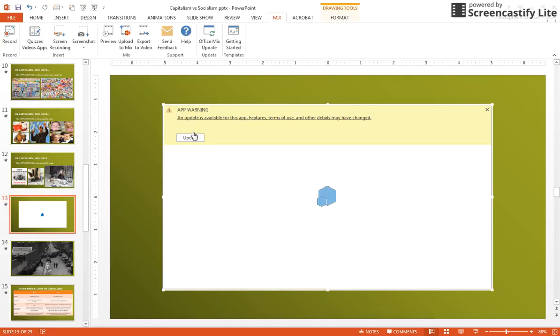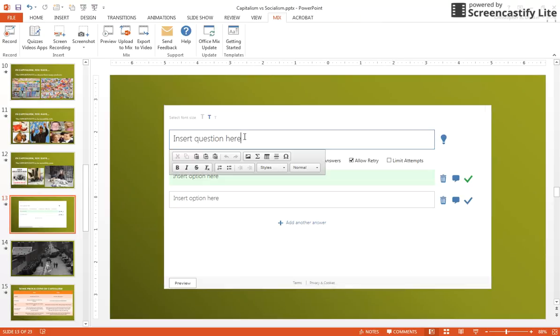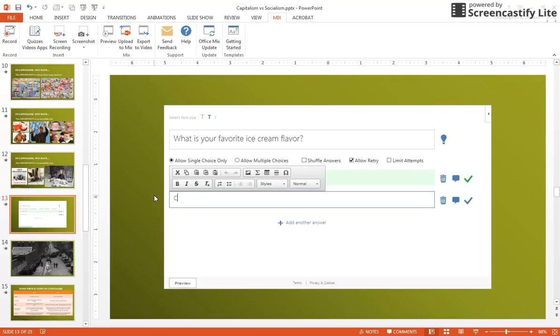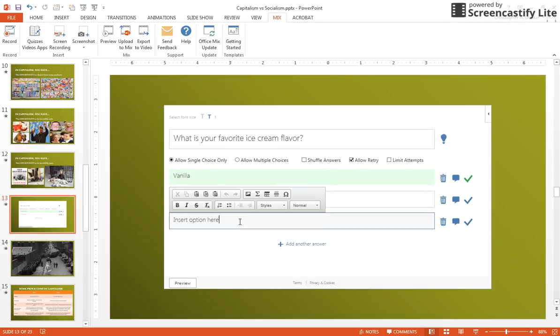And what it will do, oh, I've got a warning. Let's see if I can update. Let's see what we get here. What it's going to do, though, it's going to load in a test box window. And when it loads, you're going to have an opportunity here to ask a question, like, let's take this out and say, what is your favorite ice cream flavor? And then down here, you can type in the possible answers: vanilla, chocolate. And then if you want to add another answer, just click it here. We'll add